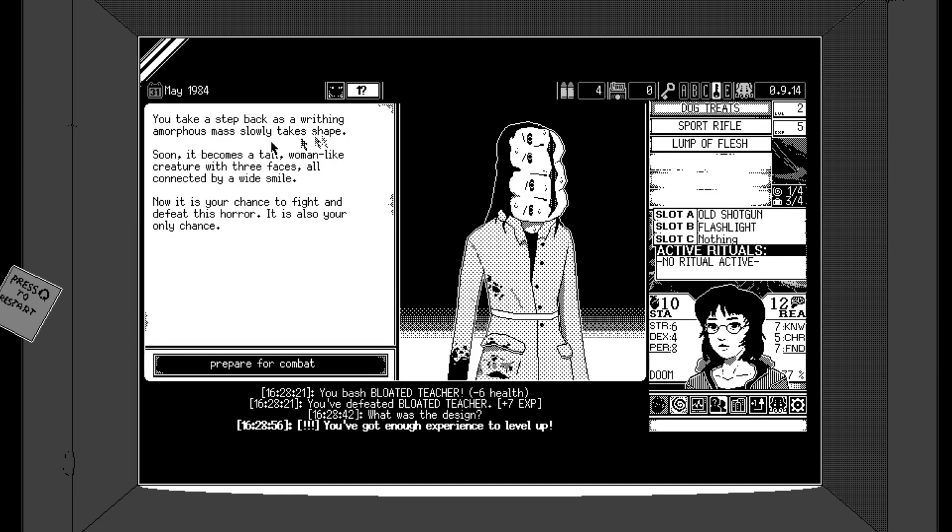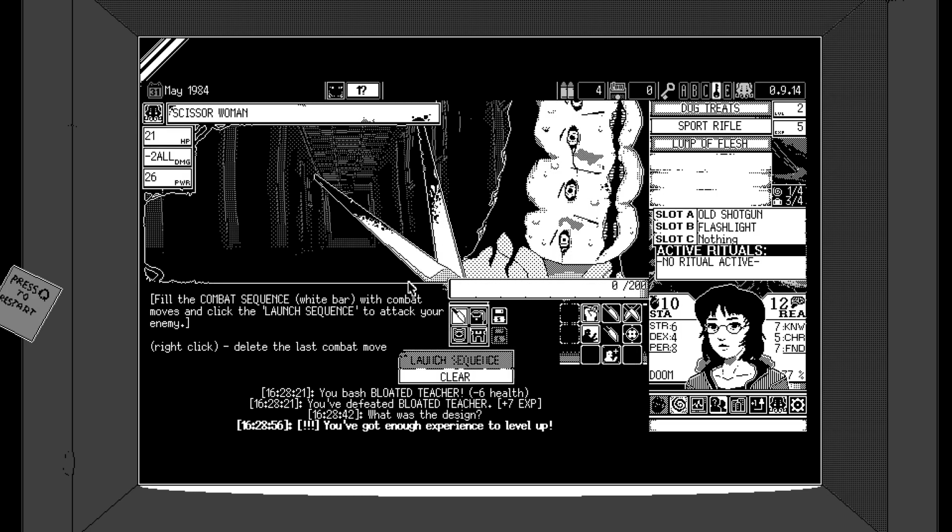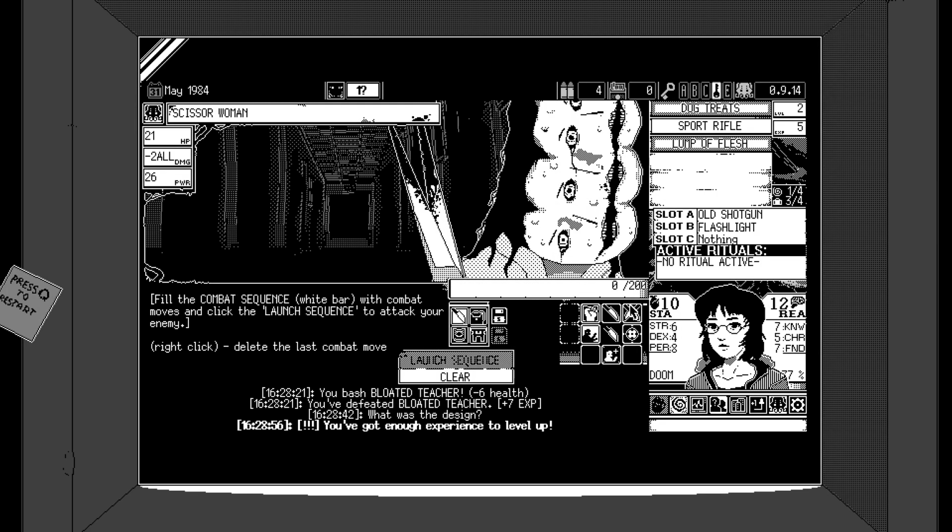Yep, you take a step back as a writhing amorphous mass slowly takes shape. Soon it becomes a tall woman-like creature with 3 faces, all connected by a wide smile. Now is your chance to fight and defeat this horror. It's also your only chance. Twisting and twitching, the demon woman enters the classroom, cackling menacingly. Am I beautiful? Yeah. Right,